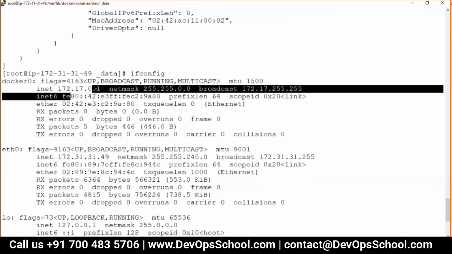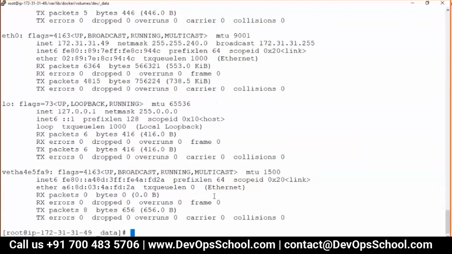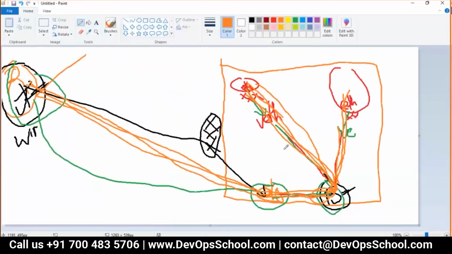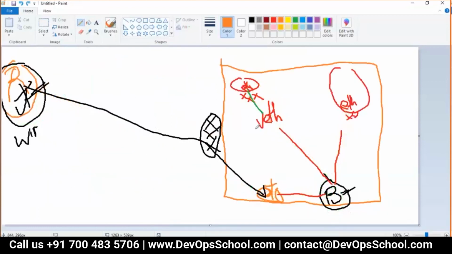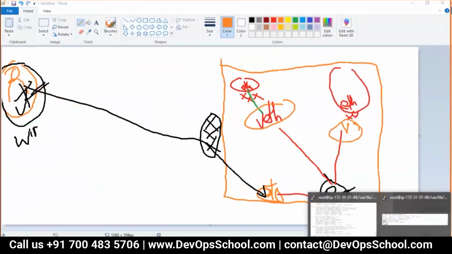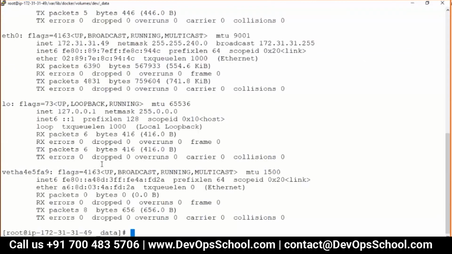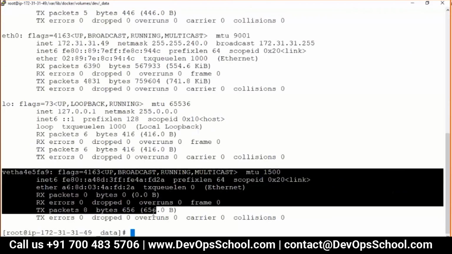Now the question is, where is the virtual Ethernet which I mentioned? I'm talking about this one. Where is that? See, I created one container, and you see very carefully, you get one veth.